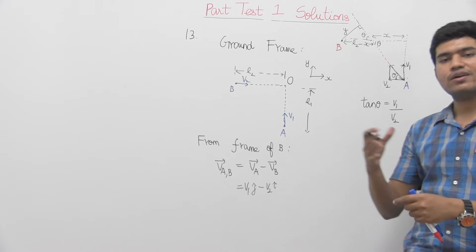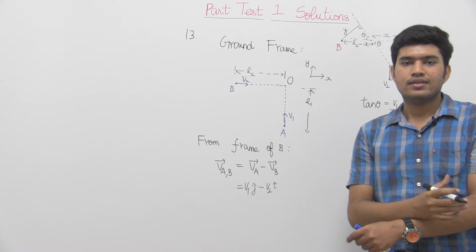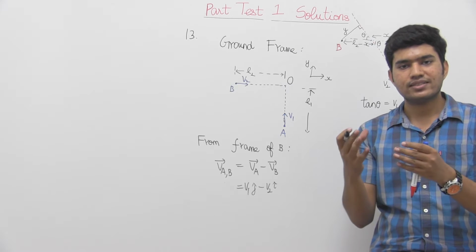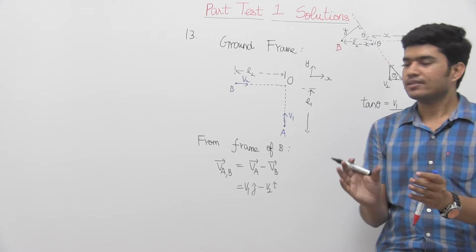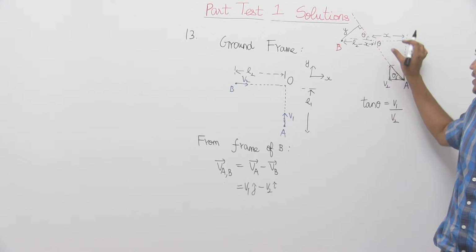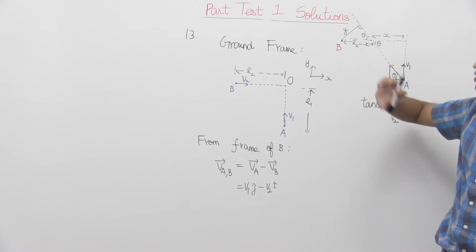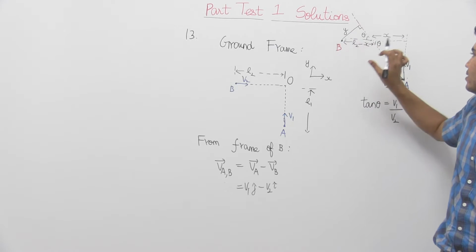So again, it all comes back to the mathematical tools chapter. Just like water is the elixir of life, mathematical tools is the elixir of physics. So let us now try to find x. If we can find x, we can very well find y, because in this right angle triangle, what is sine theta?